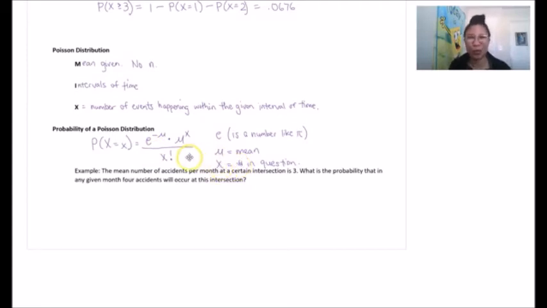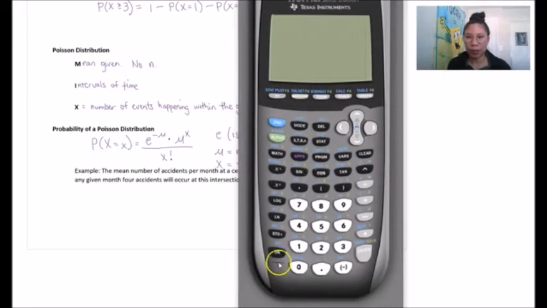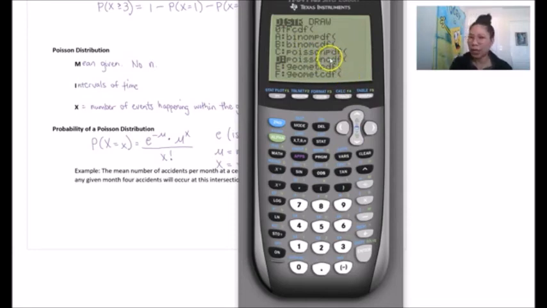Or if you don't want to use the formula, you can use the calculator. So in the calculator, you'd be looking for Poisson Pdf or Poisson CDF. So if we go into second vars again, scroll up, you'll see Poisson Pdf, Poisson CDF. So just like the binomial PDF CDF and the Geometric PDF CDF, CDF is the one that keeps adding numbers up for you. PDF is like when they're asking about one